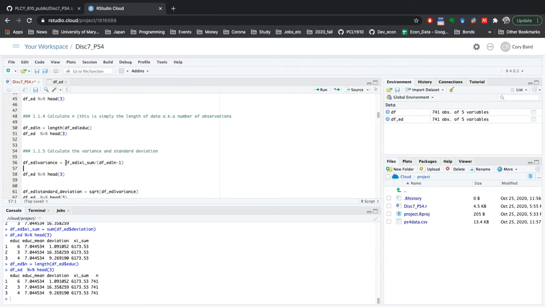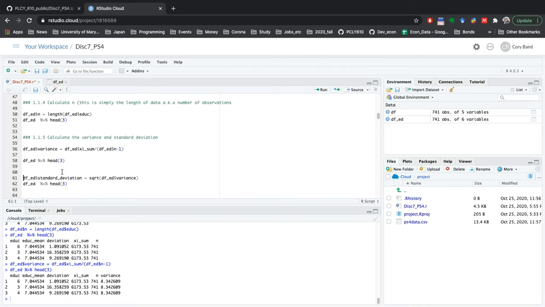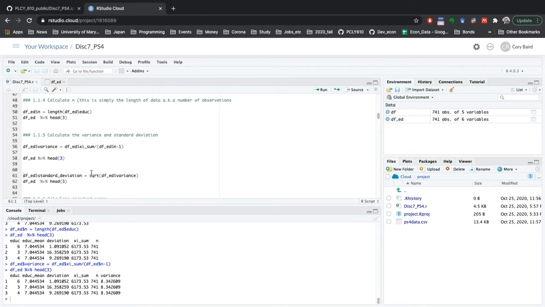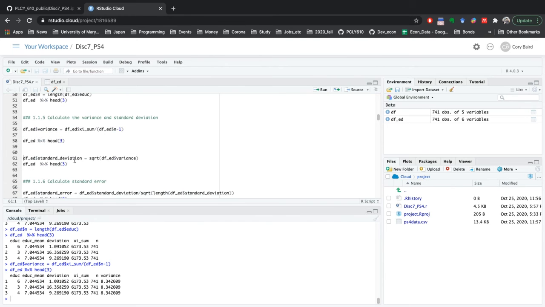Now, if you remember, the variance is calculated by taking the sum of the data that we just calculated and dividing it by the number of observations minus 1. So we'll run this, and now we have the variance here, and it says it's 8.342, and now we will calculate the standard deviation. So again, we're making a new column called standard deviation, and we're just going to take the square root of the variance, which is what we just calculated,